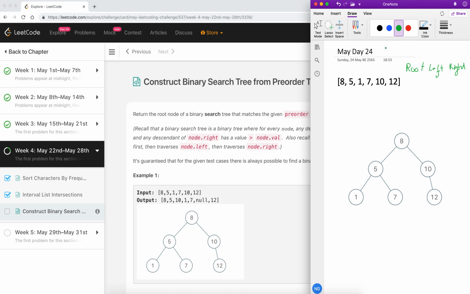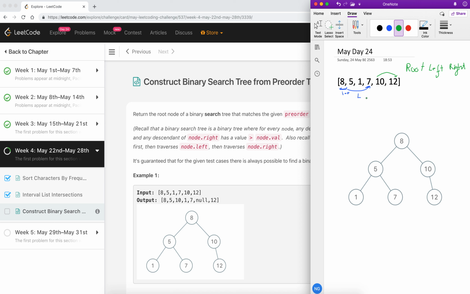For starting, this 8 is our root node, the first index element at index 0. Index 0 is our starting point, and after that all the values which are less than the current root belong to the left subtree. The remaining values, which are greater than 8, are the right subtree part.